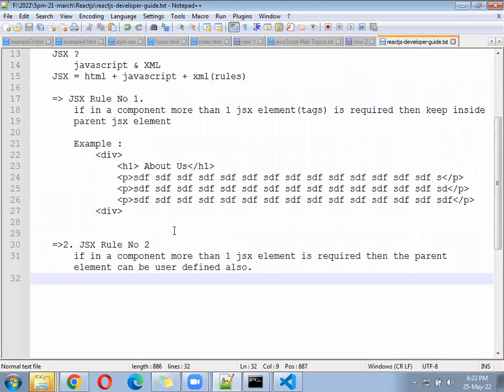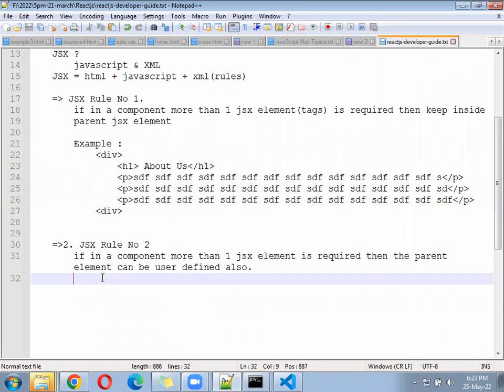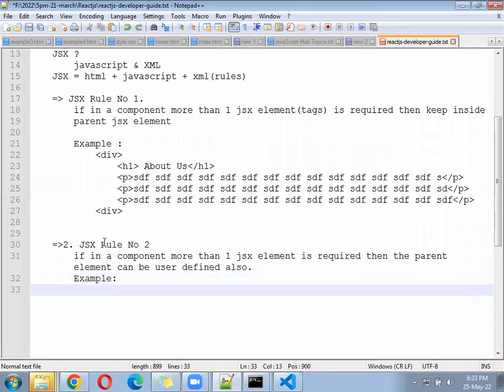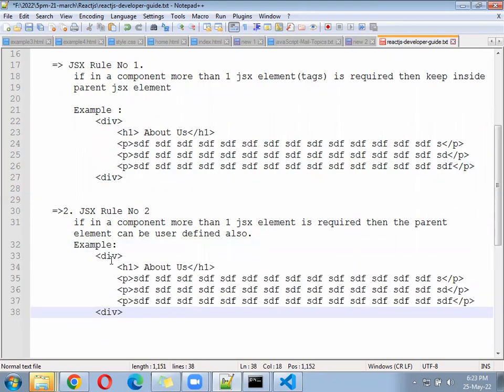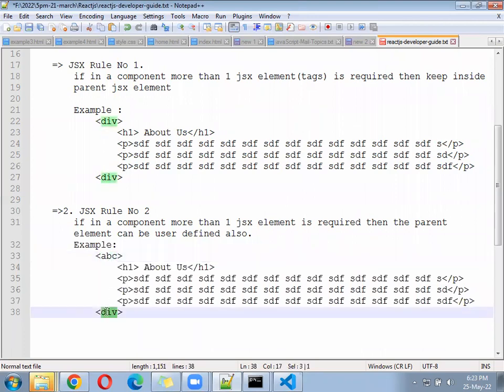We can copy here and keep it as an example. The example can be ABC open and ABC close.